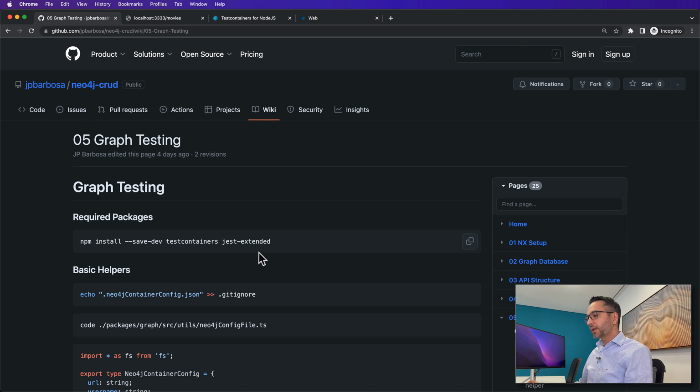And the way our app is structured, with the graph lib split from the backend, we can test it independently. And this has a lot of advantages because we can isolate the graph functionalities, and, I don't know, maybe